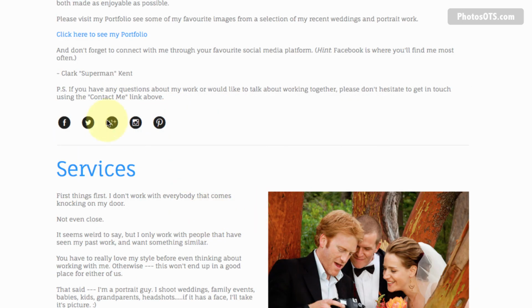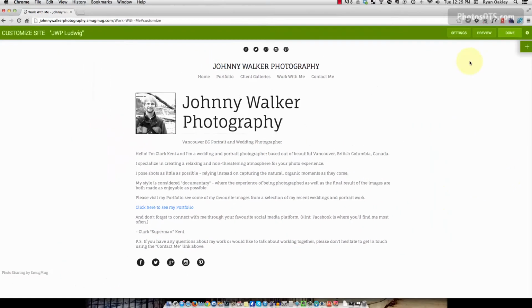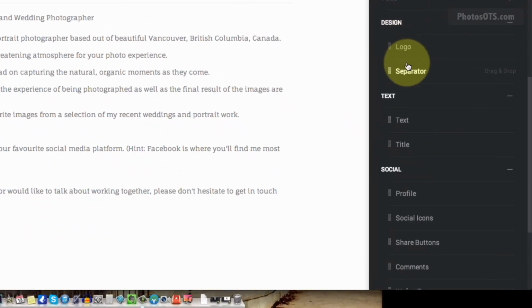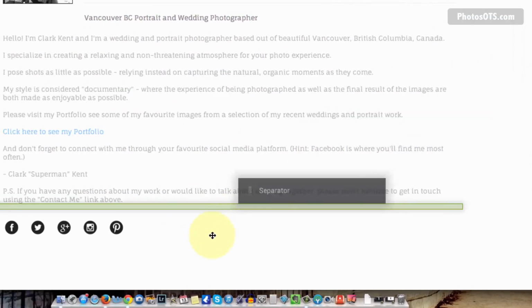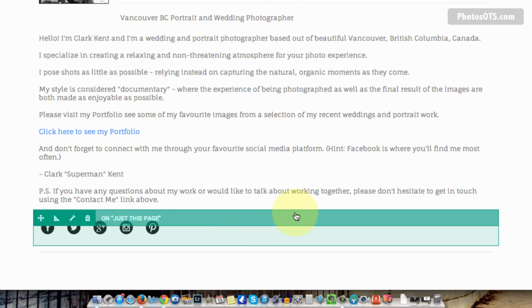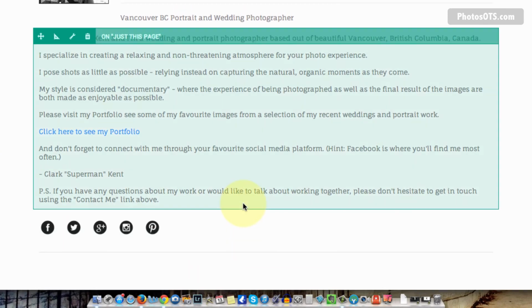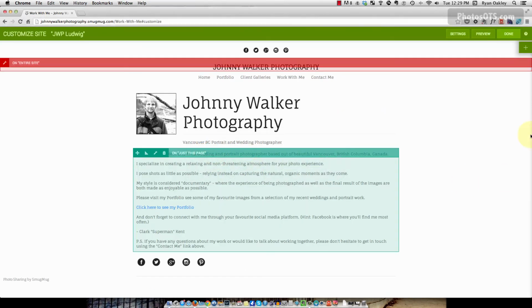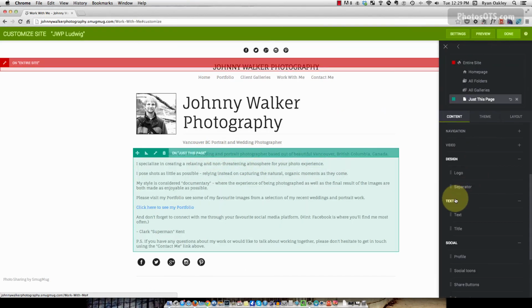And now you'll see it on our Clark Kent photography site, we've got a line here which just separates the sections. So I'm going to go find that under plus, under design, there's a separator. So if I drag that down, a nice gray line pops up, and that looks good. And then next we're going to add the services title. So go plus and text and